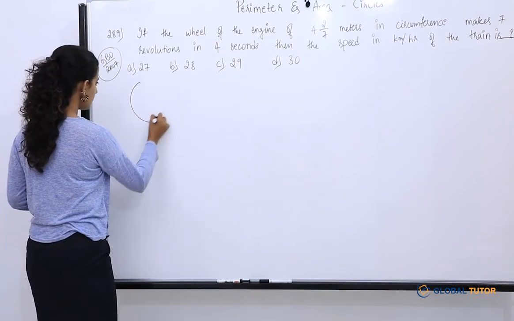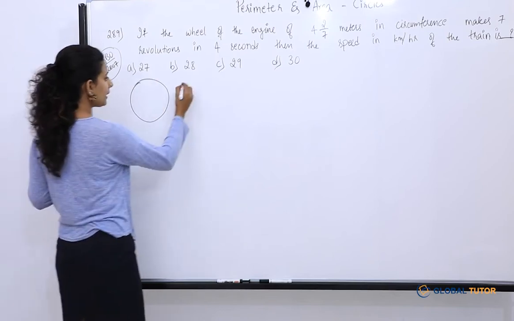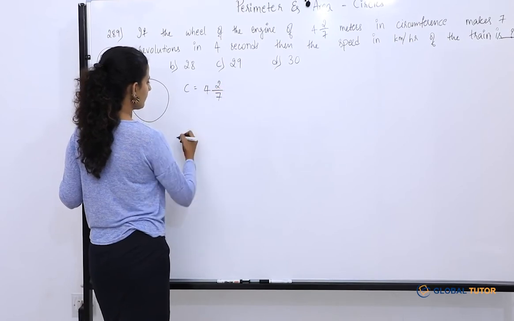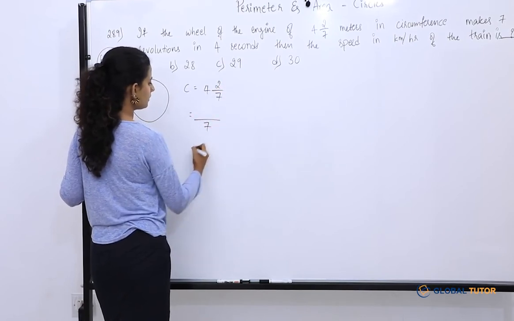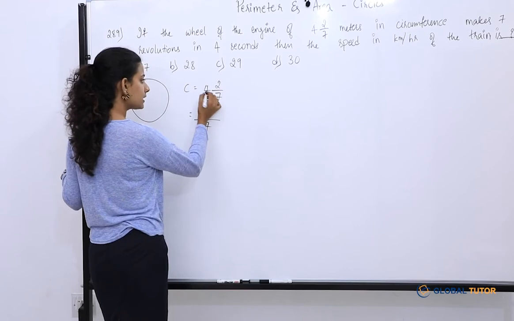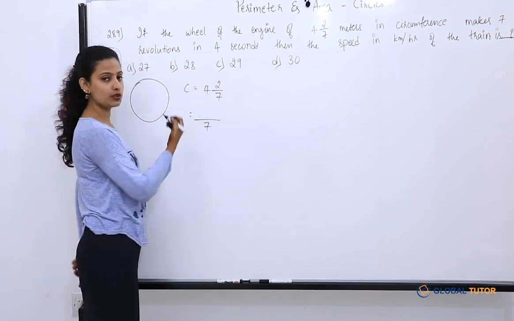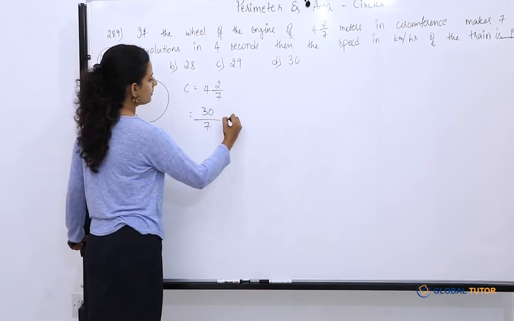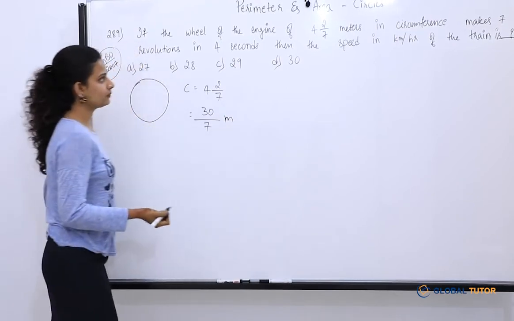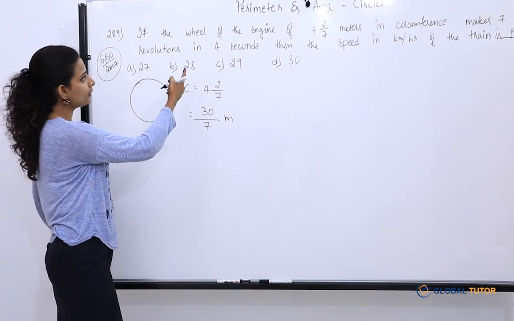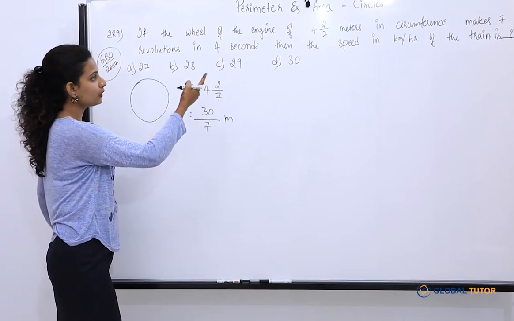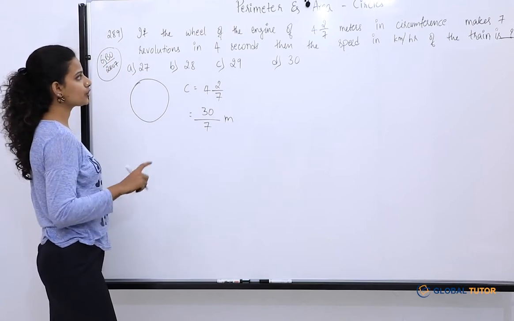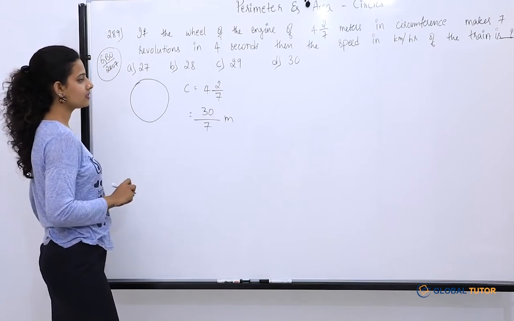If this is the circumference of a circle, we have this value which is 4 2 by 7, which means here in the denominator it is 7. 7 4s are 28, 28 plus 2 is 30. 30 by 7 meter is the circumference. If the wheel of the engine of 30 by 7 meter in circumference makes 7 revolutions in 4 seconds, which means